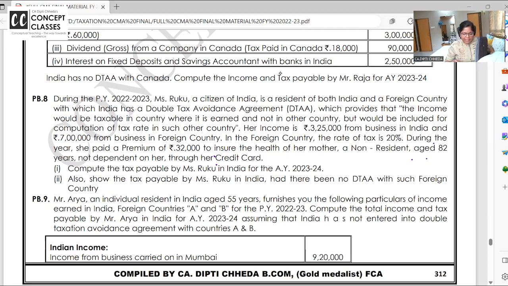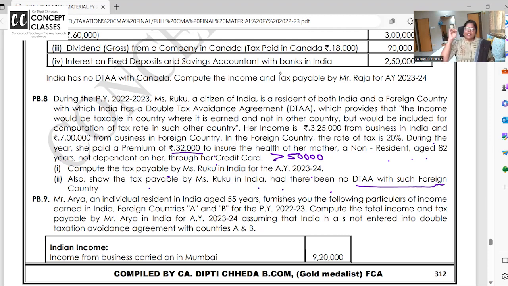So whether the parents are dependent on you or not, they will get medical relief under 80D. Medical relief for the parents, even if they are not dependent on you, is maximum allowed how much? 50,000. Compute the tax payable and see how she will get the relief